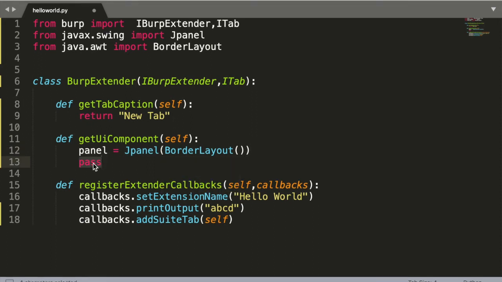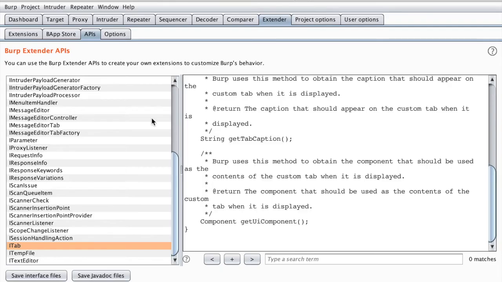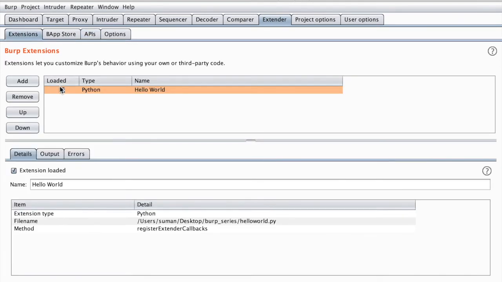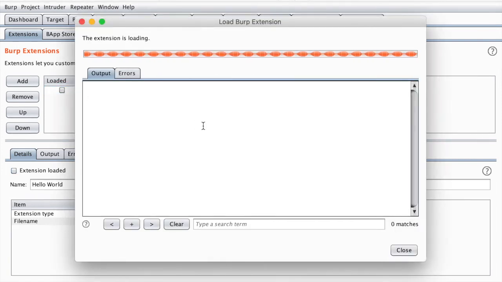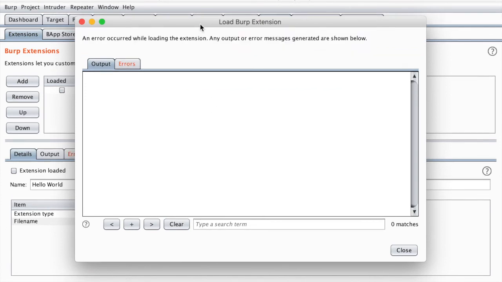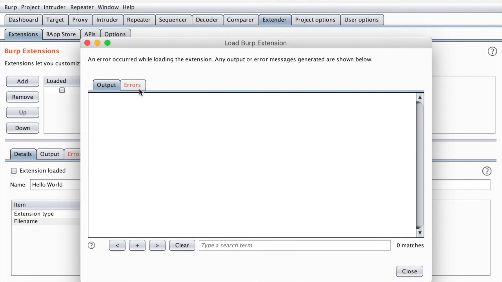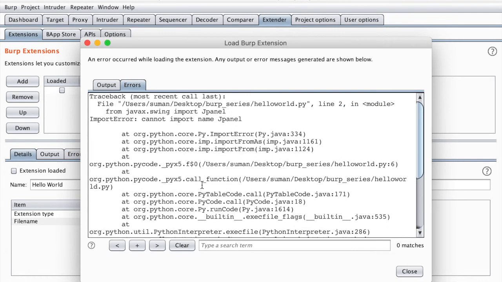After that, we'll be returning this panel. So let's move to our extension tab. I'm pressing Control and clicking on this checkbox. Again, I'm getting an error.